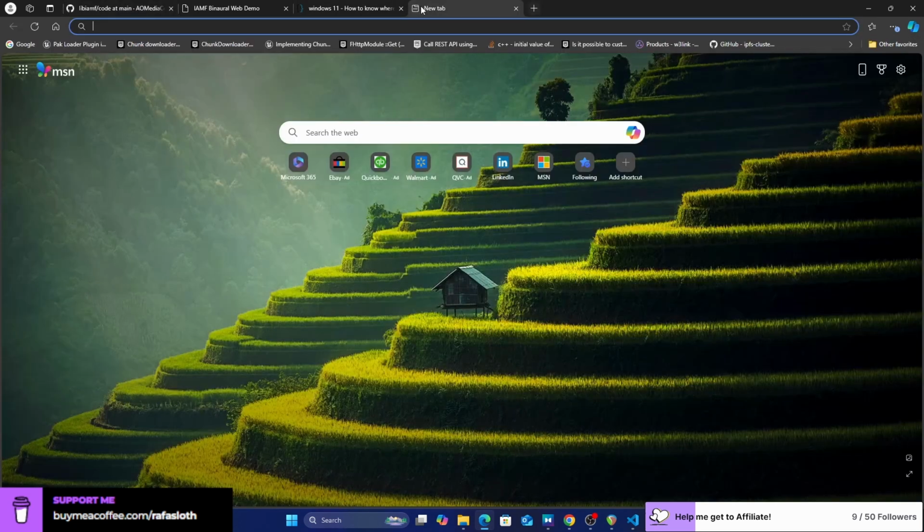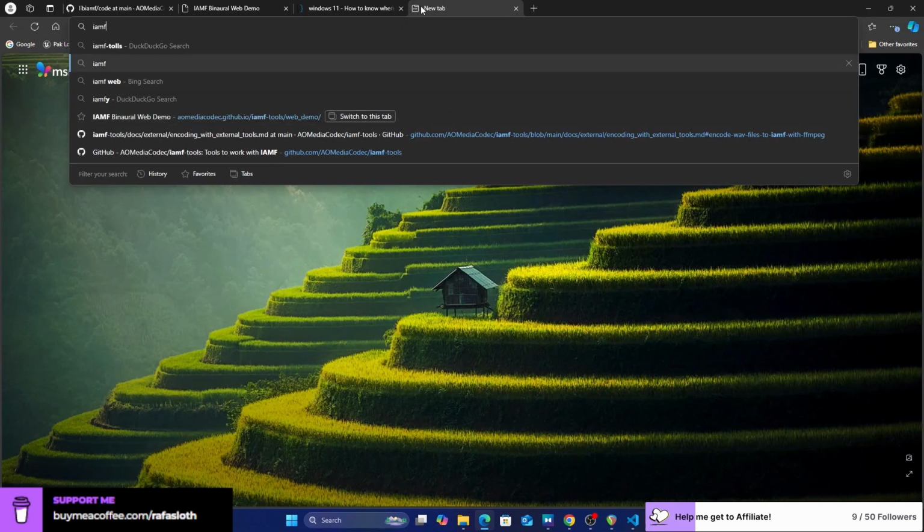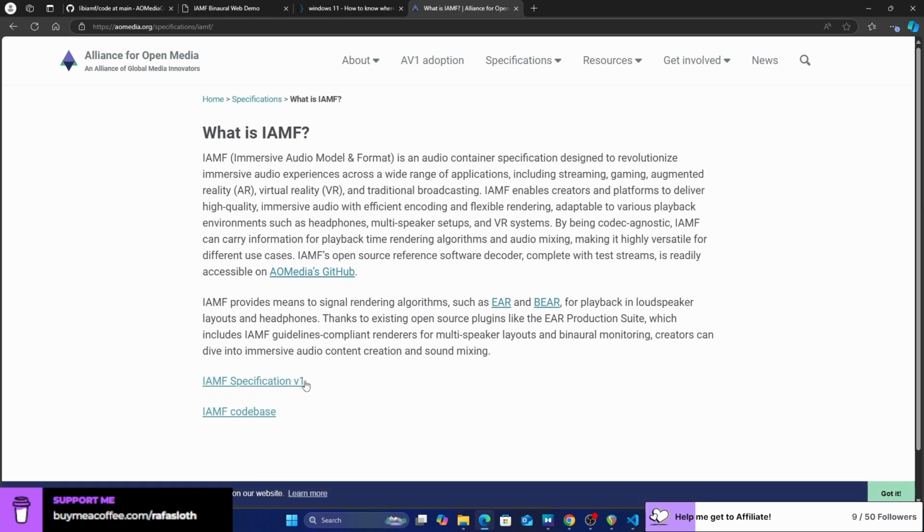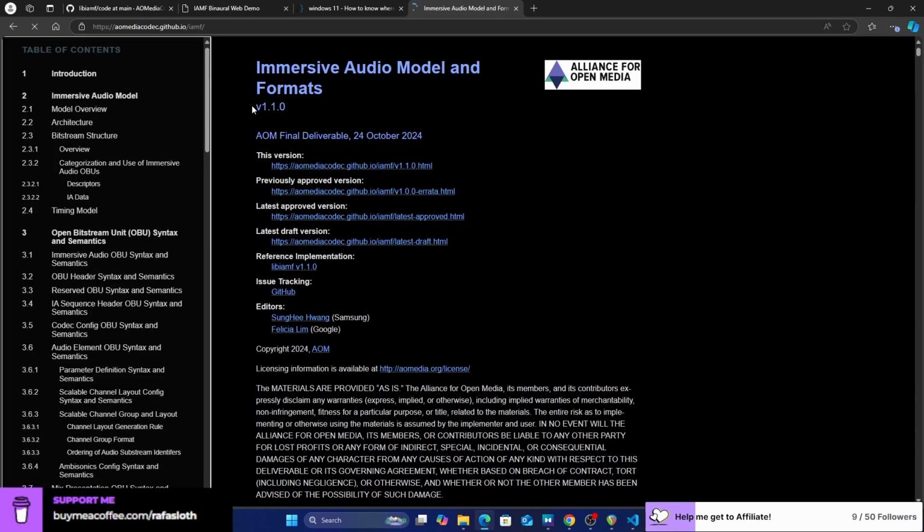The specification of the standard could change at any time. It's currently in version 1.1.0. Version 1.0 was released last year, I think.